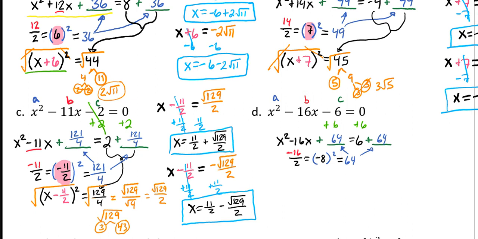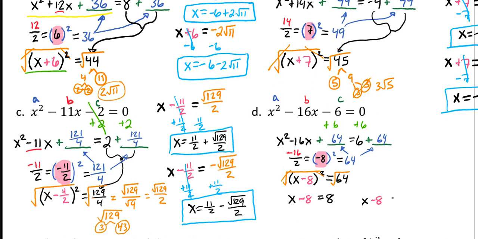Then writing it in factored form. We're using our negative 8 because that was the number we squared, is the number we bring down. And now we're in factored form, and now we're ready to solve. So you square root both sides to get rid of the square. And it just so happens that the square root of 64 is the number 8. So you have x minus 8 equals 8,